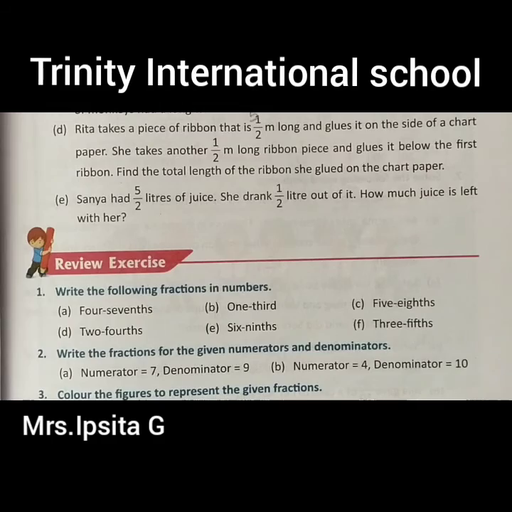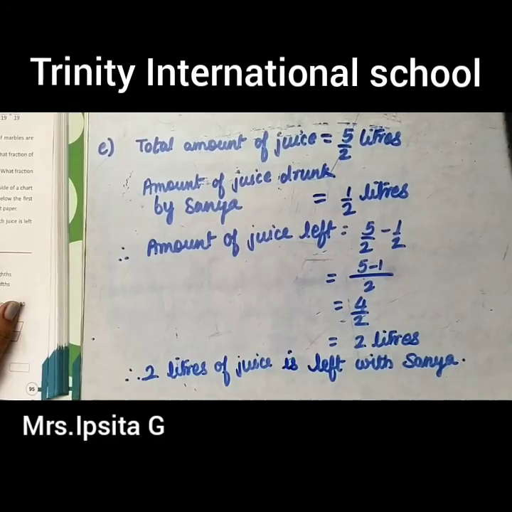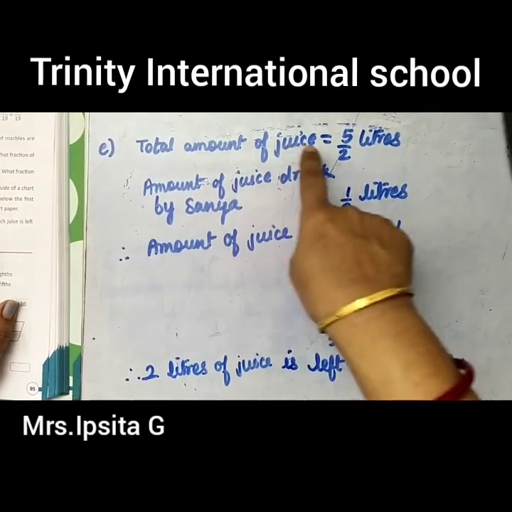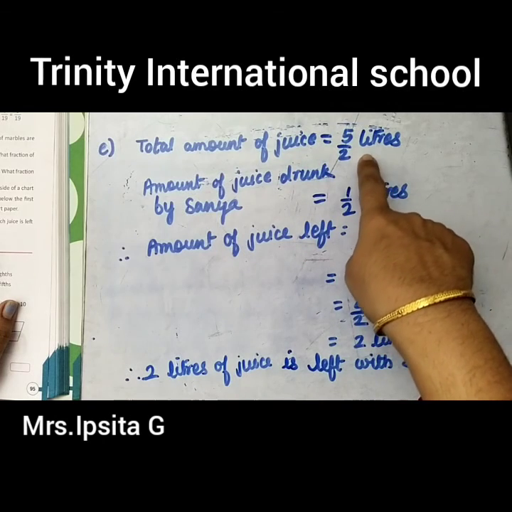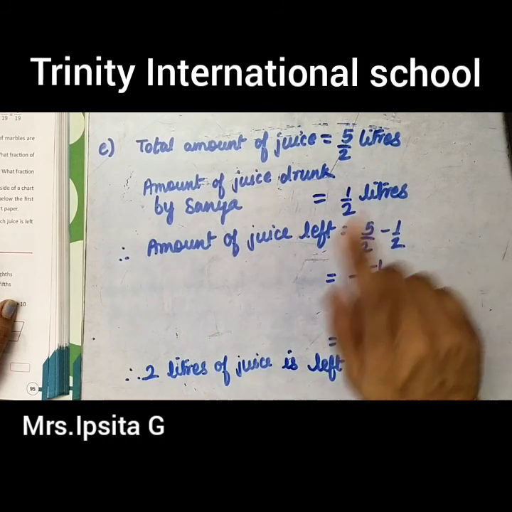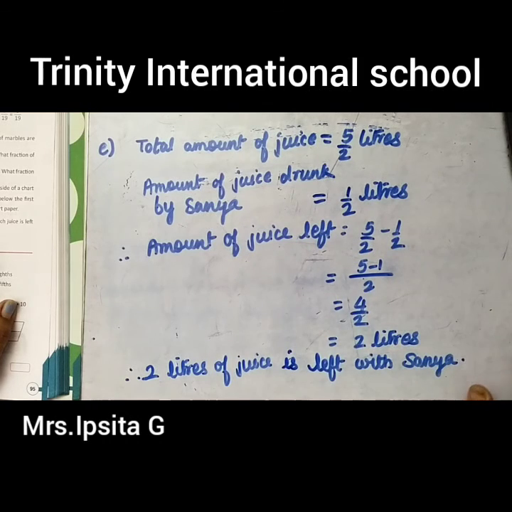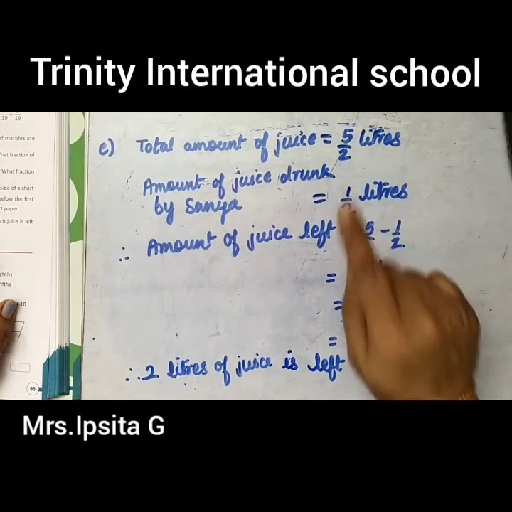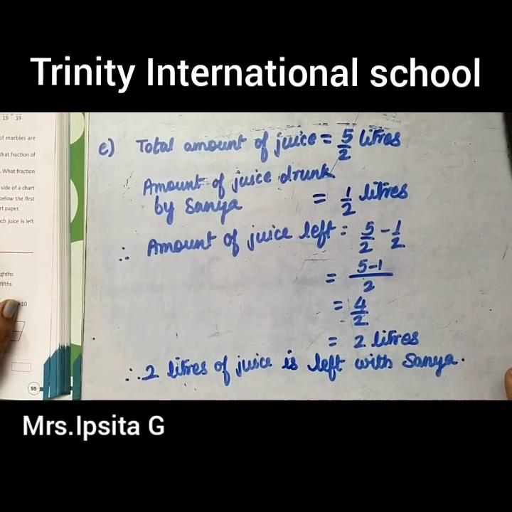So let us write the statement and subtract it. Now see, total amount of juice 5/2 liters, amount of juice drunk by Sania 1/2 liters, amount of juice left. So these two fractions we have to subtract, and after subtracting we are getting 4/2,